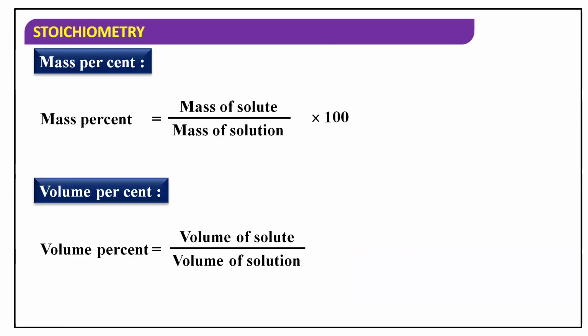It is very simple, very basic. When you are calculating mass percentage, that is mass of solute divided by mass of solution. So mass percentage is weight by weight. You are comparing the weight of both things. Which two things? Solute and solution. And because it is percent, we are multiplying it by 100.